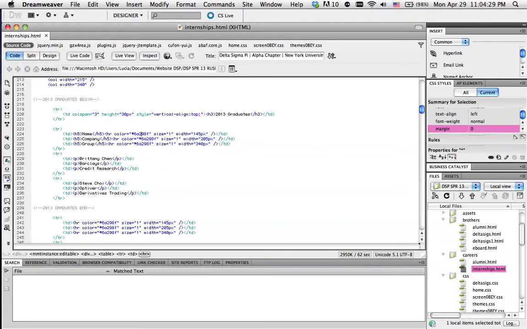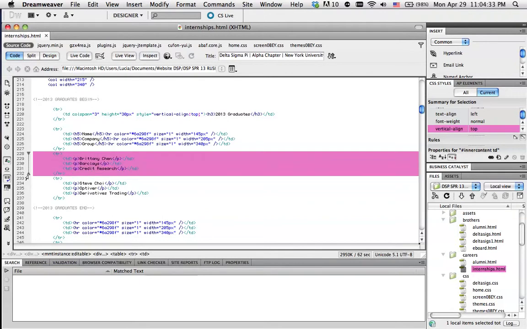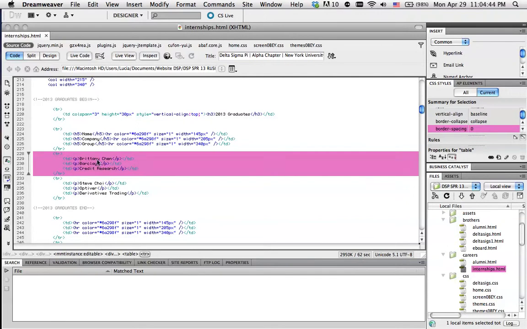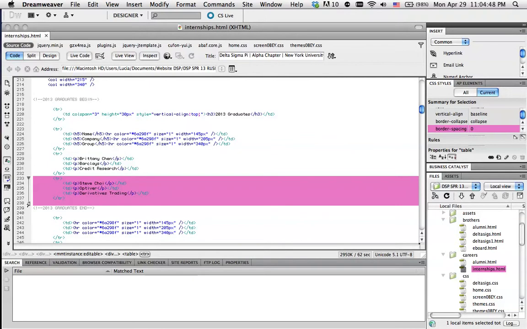So then we have the first row, which is all of someone's information. The first row is Brittany Chen, Barclays, credit research, and these are the different columns. That corresponds to name, company, group. Every row is one person's name, company, and group, and then you just go to the next one